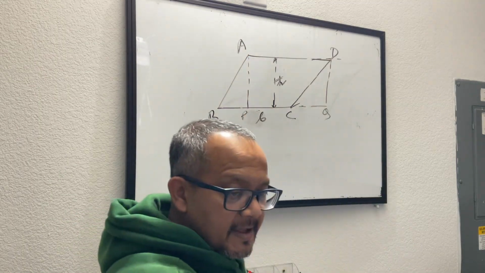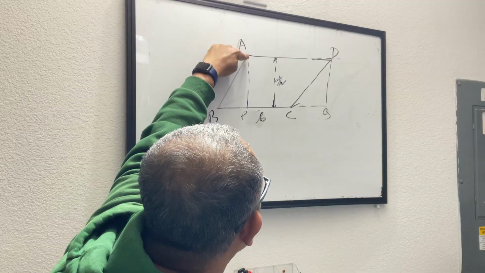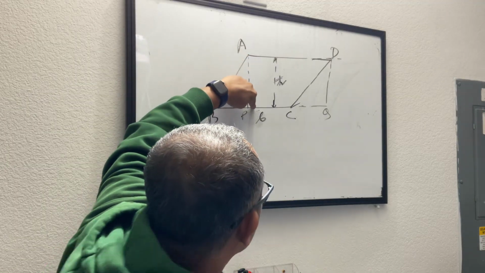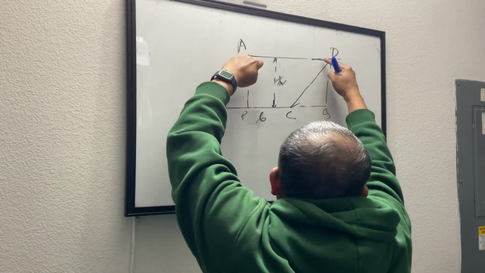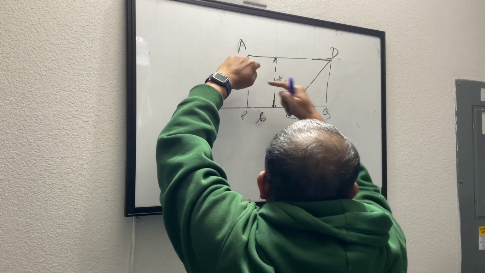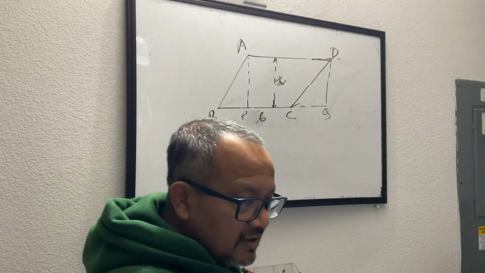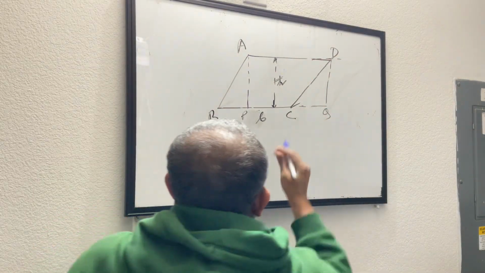APDQ? It's a rectangle because we have dropped a perpendicular here, right? So this angle is 90 degree, this angle is 90 degree, this angle will be 90 degree, this will be 90 degree. So these are rectangles. Yeah? So now, let me